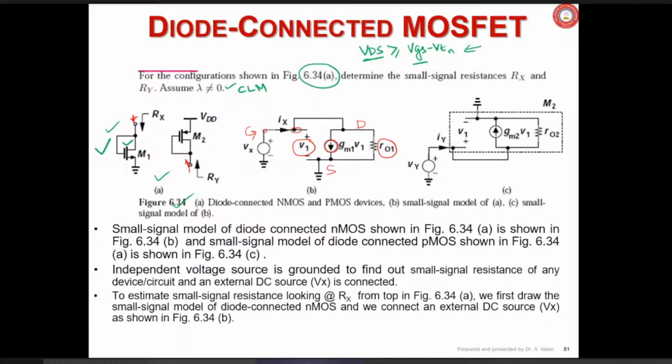Sir, can you repeat? How are VGS and VDS the same? Because gate and drain are tied together. VGS means gate to source voltage. Sir, I got confused, I thought source and drain were connected together. Now it is understood. So in which region is it going to operate? That was the question. Saturation.